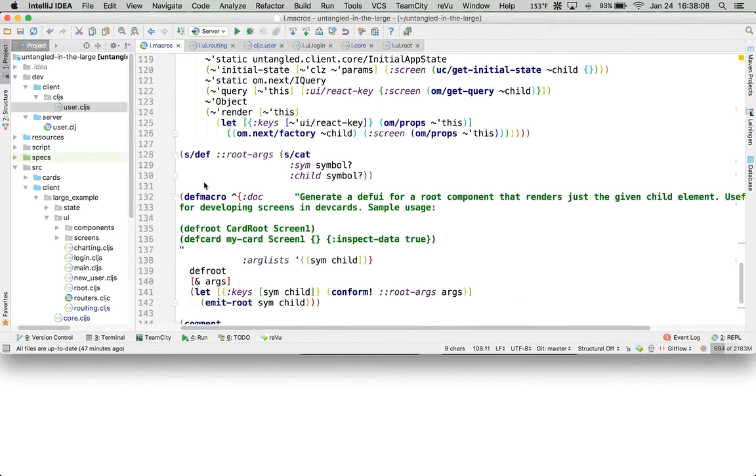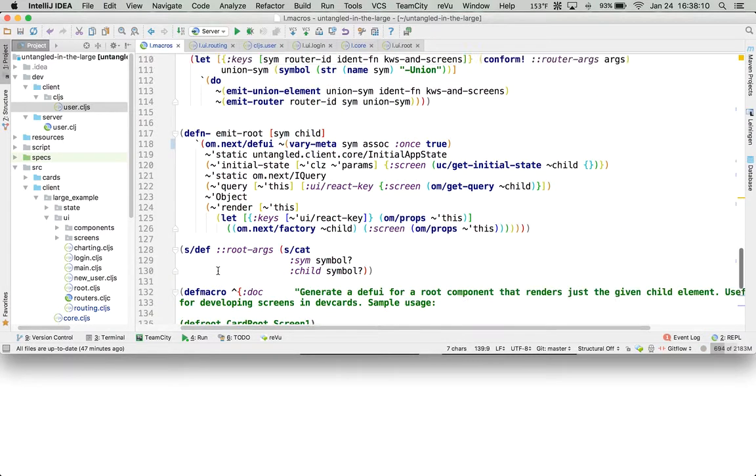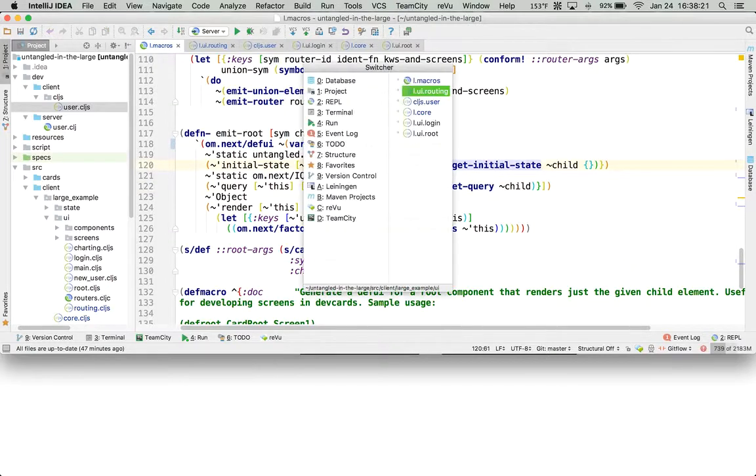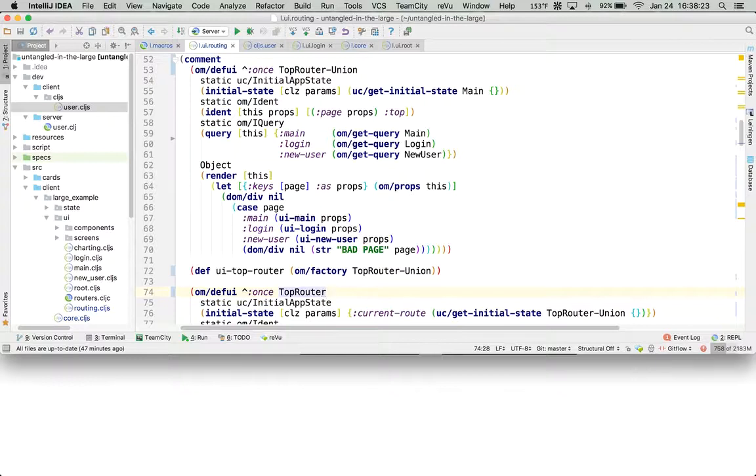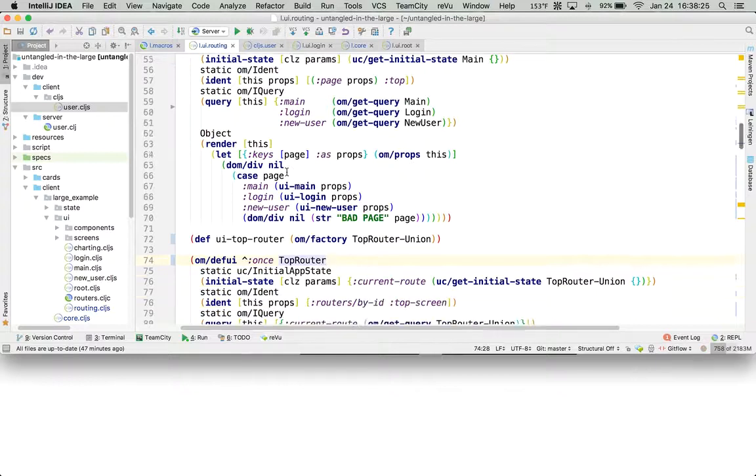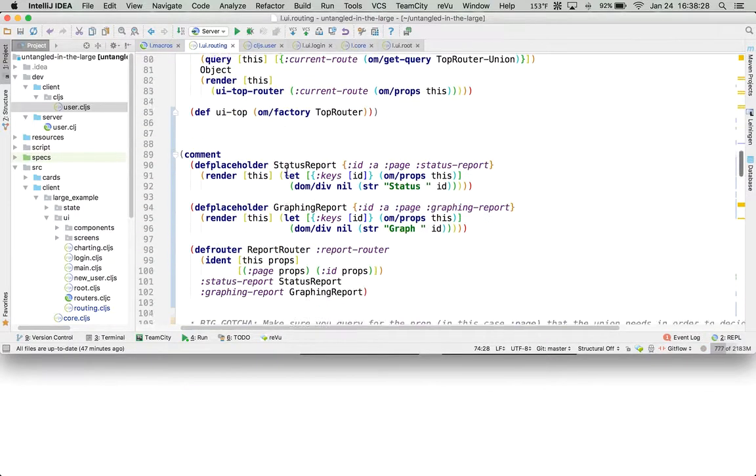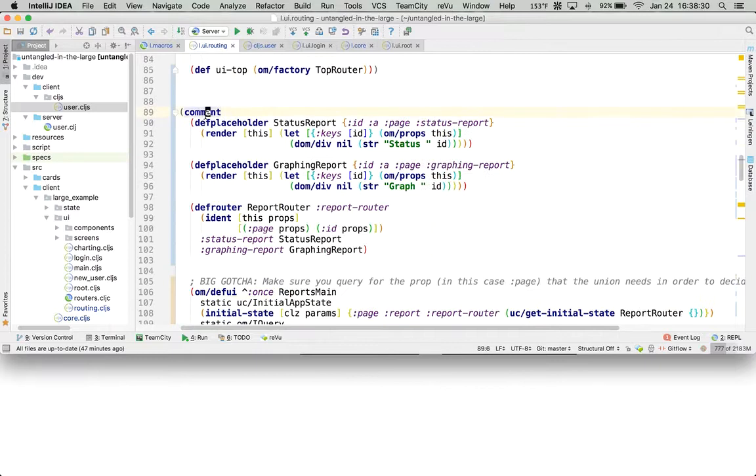And then I also have a def root that will just emit a quick root element that can render one child and its initial state. This is the one that I was thinking of using, but now that I've thought about it, I want to put my nav menu in my root, so I probably don't need it. So let's go back, and we've got our pieces commented out that we were just using, and now we're going to uncomment